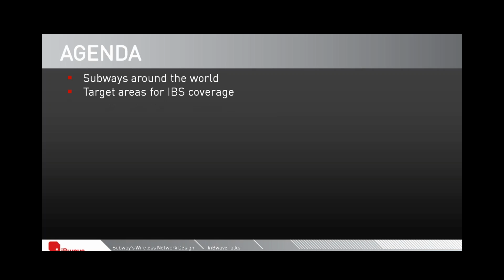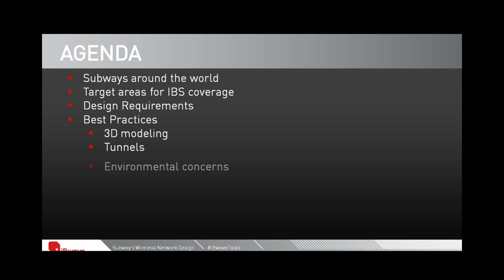around the world. Then we will talk about target areas for in-building system coverage at subways. We will touch on design requirements for a specific example that we have developed to illustrate best practices for subway design, which are 3D modeling, tunnels, propagation in tunnels, specifically, environmental concerns that are driving the successful design of in-building systems